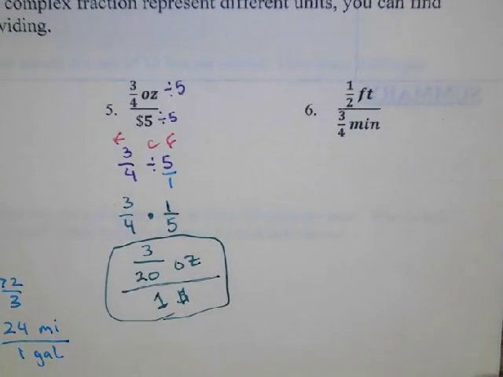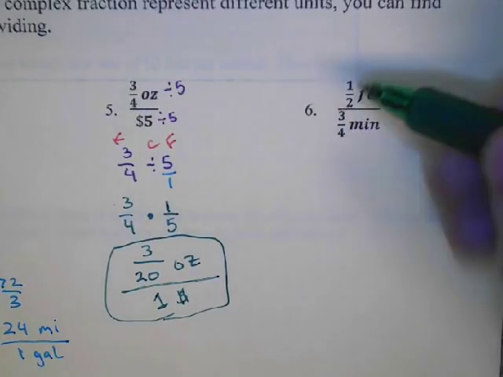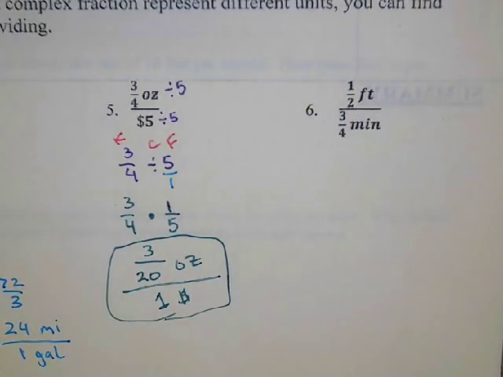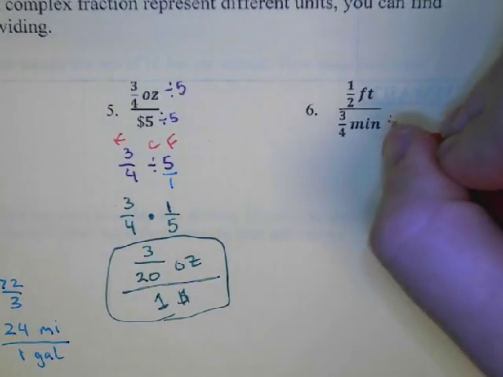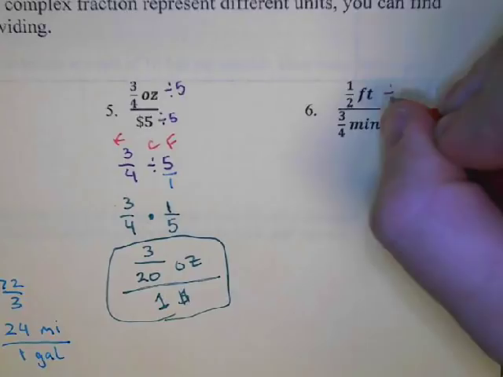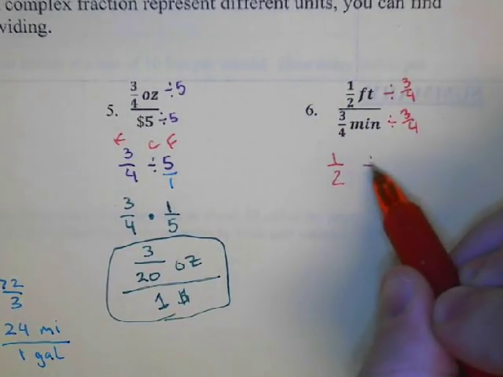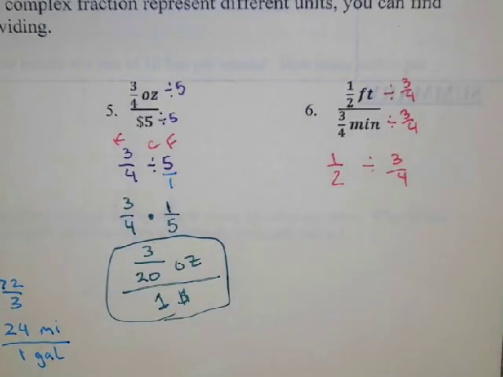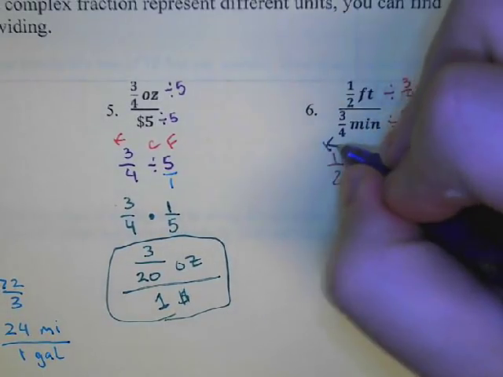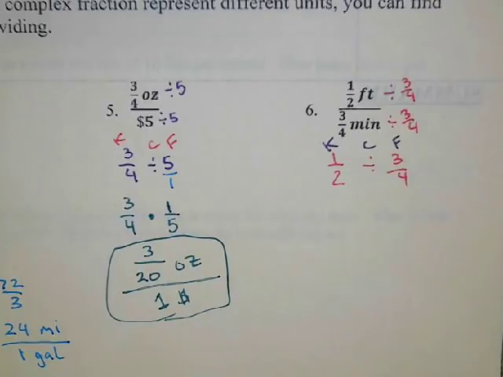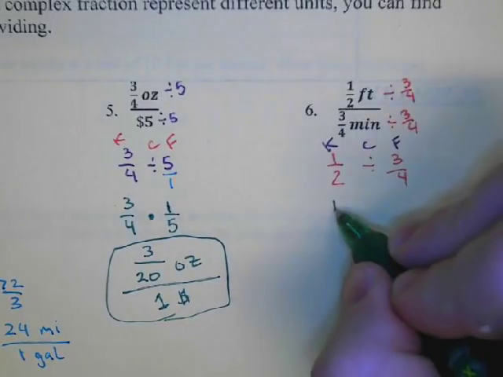Okay, let's try one more. So we're going to try to find our feet per minute. So we'll do the same idea where I'm dividing both top and bottom by the 3/4. So I have 1/2 divided by 3/4. To do this, we'll need to do our keep, change, flip. And we'll have keeping 1/2 the same,